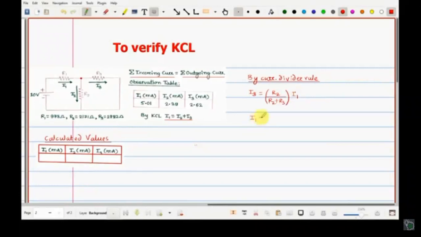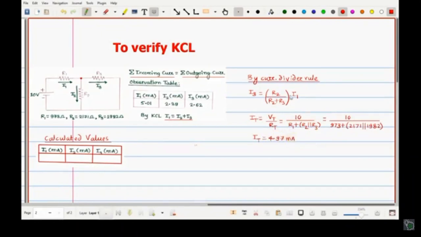So what is the I1 you are getting? I1 is total current. So it is equal to total voltage upon total resistance. What is the total voltage you are applying over here? 10 volt. And what is the total resistance over here? If you look at this, your R1 resistance is in series with the parallel combination of R2 and R3. So this is the total resistance we are getting, R1 plus R2 parallel to R3. Now put this value and calculate this total current. So this equation we are getting, now calculate the value of IT. So here you will get 4.97 milliampere.